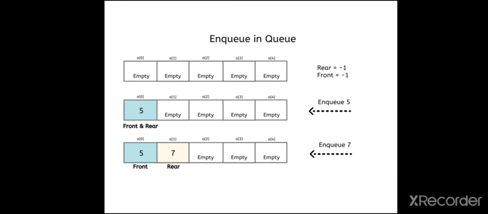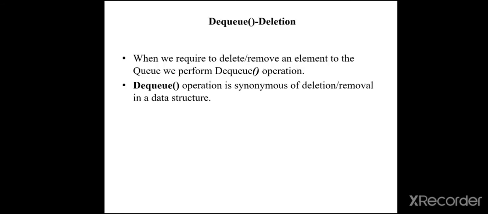We also have to check conditions while we are inserting into the queue. First, we have to check whether the queue is full or not. That is, we can say that rear equal to size minus 1. If it is full, then we will display that queue is full, insertion is not possible. If it is not full, then we will increment the rear, that is rear plus plus. I will show the algorithm for insertion of a value into the queue. Next we will see how we will be deleting an element from the queue.